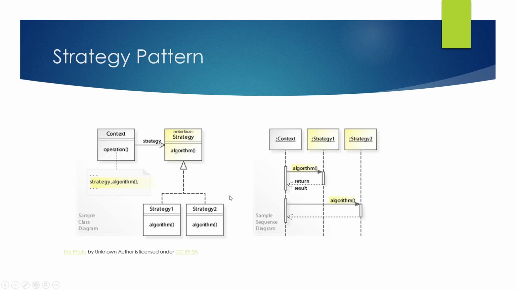So in overview, if you can see the sample sequence diagram here, we have the context object and the concrete implementations for the strategies, and from the context we can invoke the operation, which in turn invokes the algorithm defined in one of the strategies, right? At some point in time we decide we want to change the strategy.